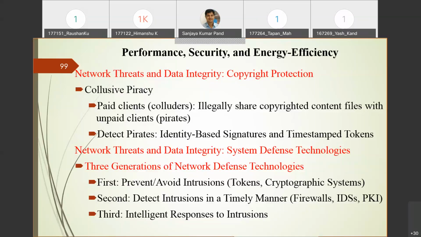What kind of thing is it? For example, you have purchased a Quick Heal antivirus from, let's say, Flipkart or Amazon, and you have paid some amount for 3 years, 2 years, or 1 year. Once you receive the CD and install it in your system, you share your CD with another friend, and that friend also installs it in their system. But the number of users allowed for that particular antivirus is only one. So there are many scenarios that happen here.